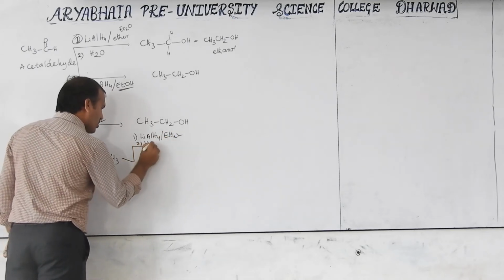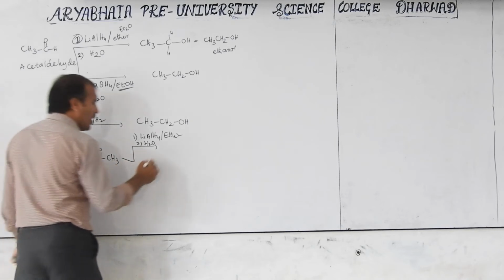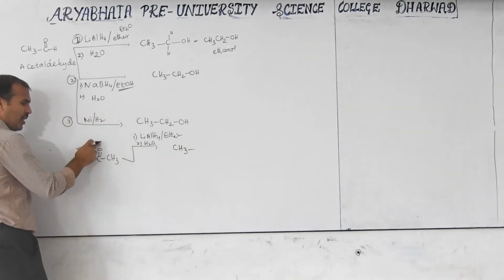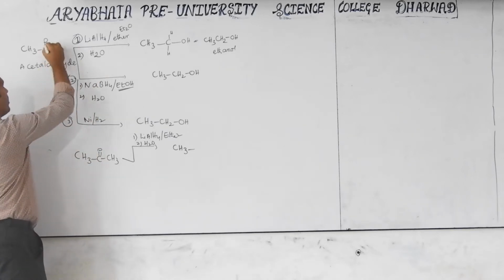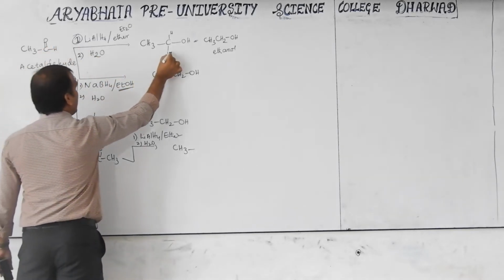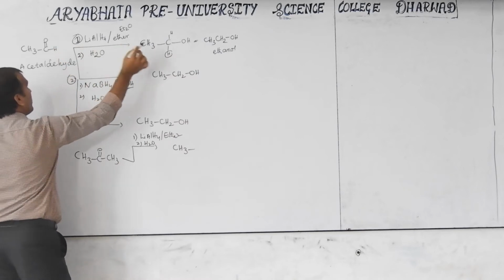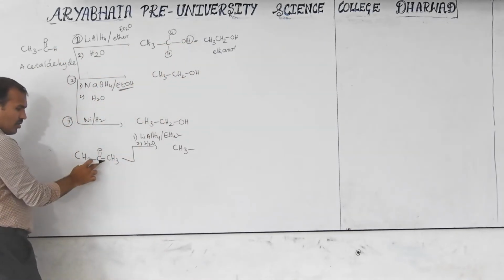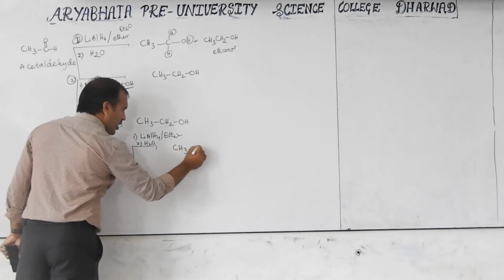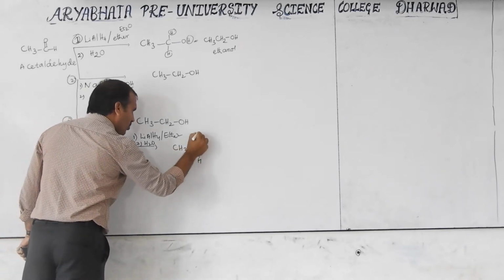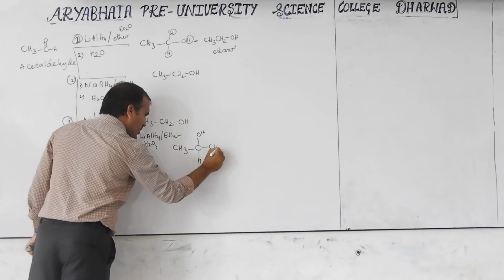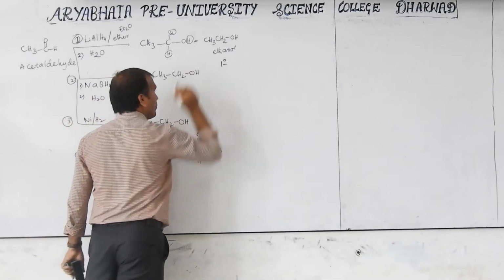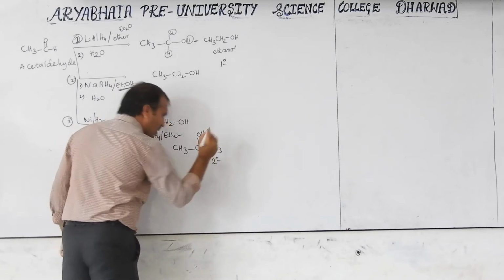Second step is water. Then we are getting here CH3, with H added here, H added here. You can observe here, already H is there. Now extra hydrogen is added. Here also only oxygen is there, then one hydrogen added, here OH is there. Remaining is CH3, CH3. This is a secondary alcohol, not a primary alcohol.